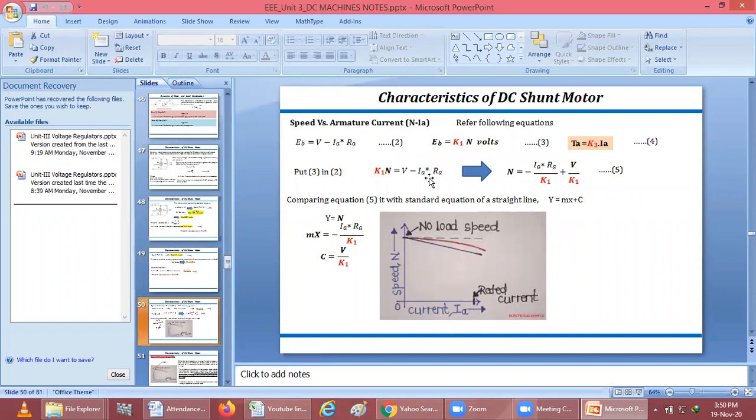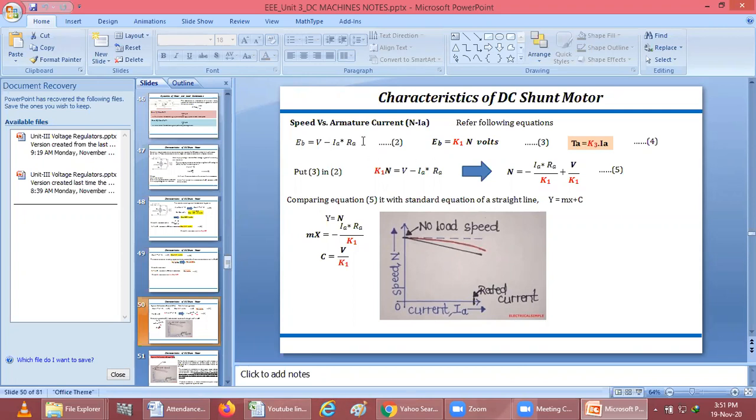When we are taking torque directly proportional to the Ia, I am again writing the same equation to understand this curve. You can see here I have written the second equation, third equation, fourth equation, which we are getting. I am not writing by own. These are the standard equations you will get when you study the EMF equation and the torque equations. And when we apply KVL to the DC shunt motor, you will get these equations.